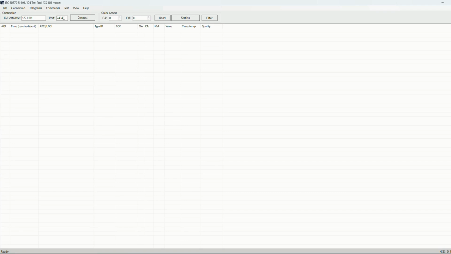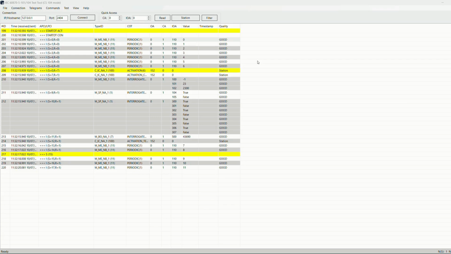Before attempting to connect, make sure the server is already running and ready to accept incoming connections. Once the connection settings have been entered, click Connect to establish communication. When the connection is successful, the client is ready to communicate with the server. After the connection is established, the Telegrams window will appear and display all communication exchanged between the client and the